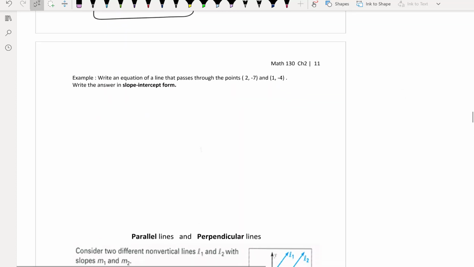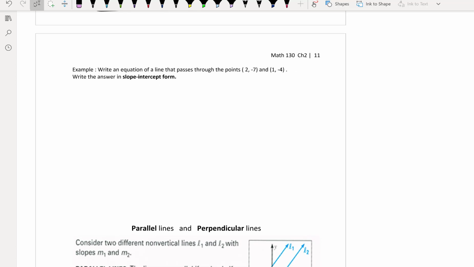Now it says write an equation of a line passing through these points. So it's the exact same thing. So it's like, okay, first I need to calculate slope. So find slope. And remember that slope is going to be y2 minus y1 over x2 minus x1. So I'm going to call this x1, y1,